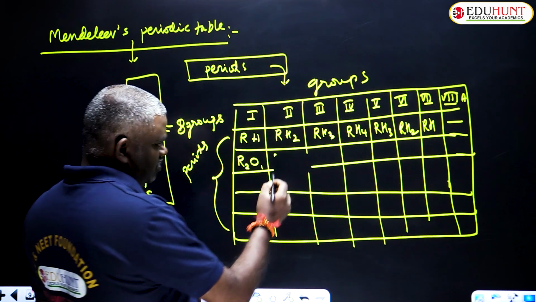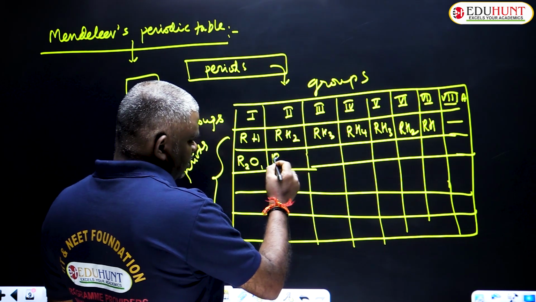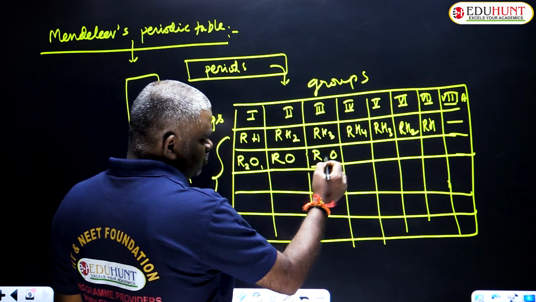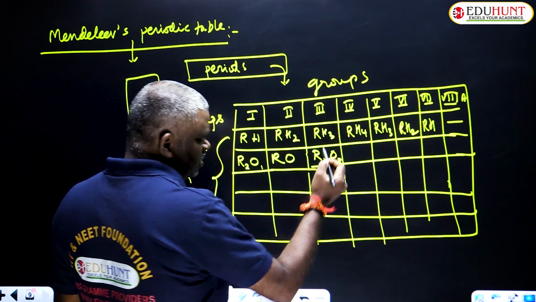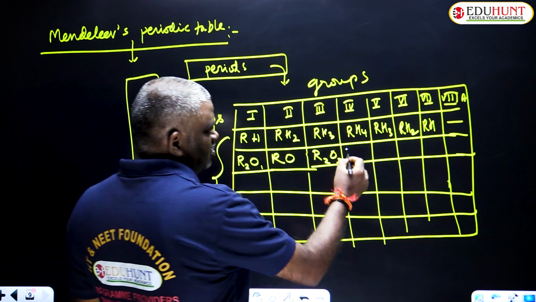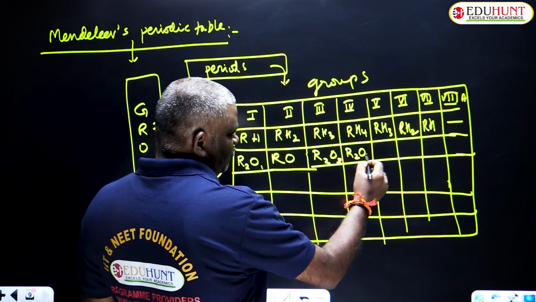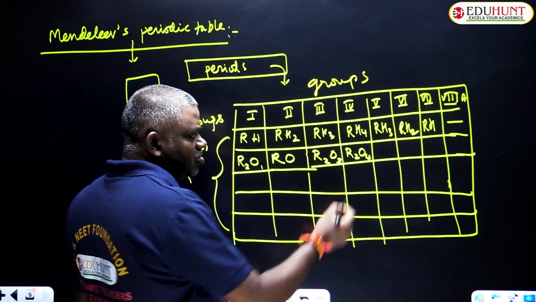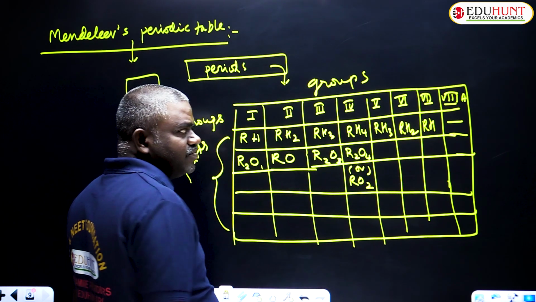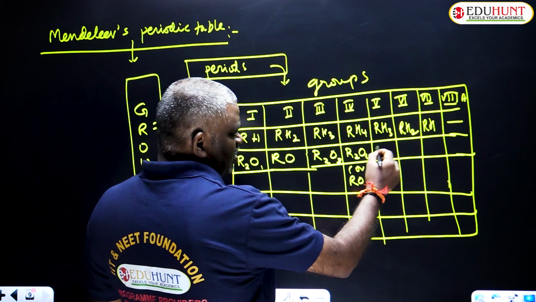Now you can directly write RO. Oxygen valency is 2 and R valency 3, so R2O3. Then R2O4, taking common, is RO2, and another one is R2O5,